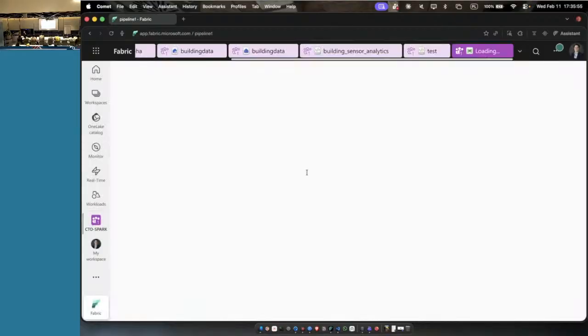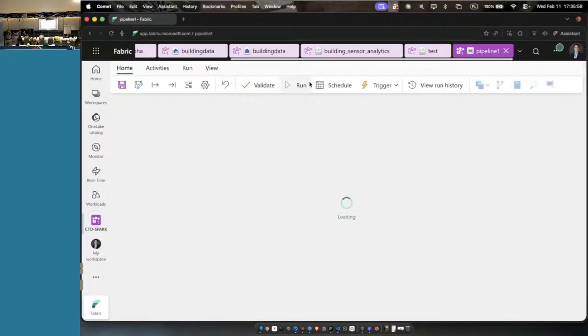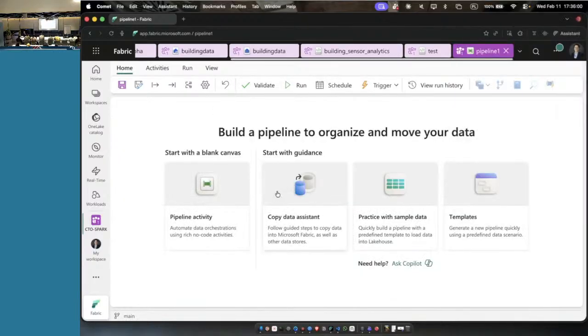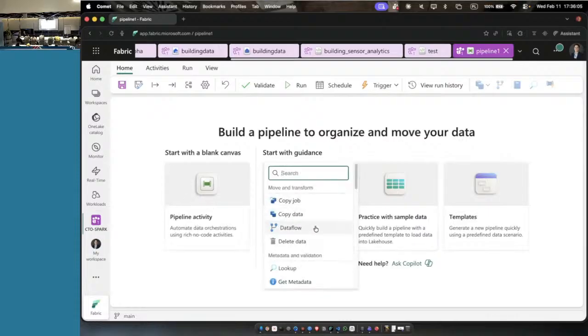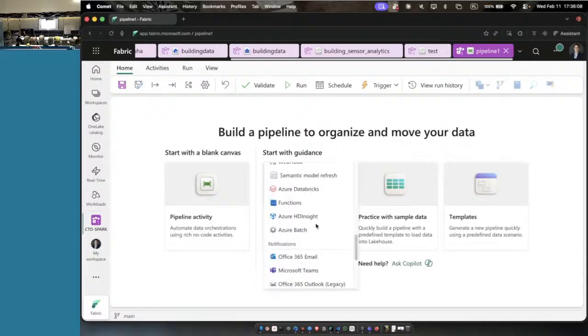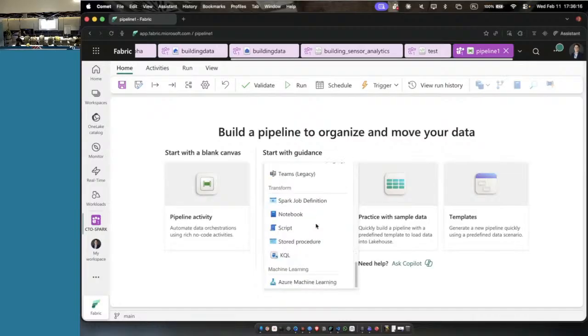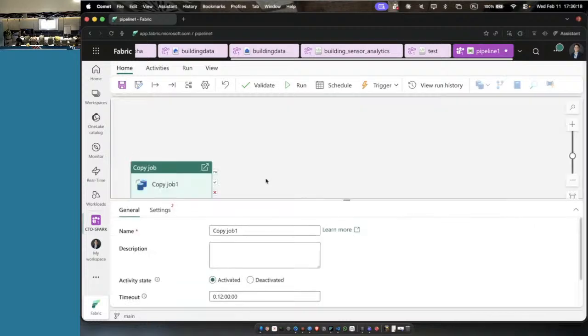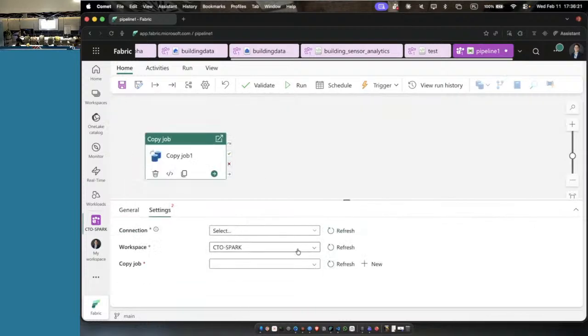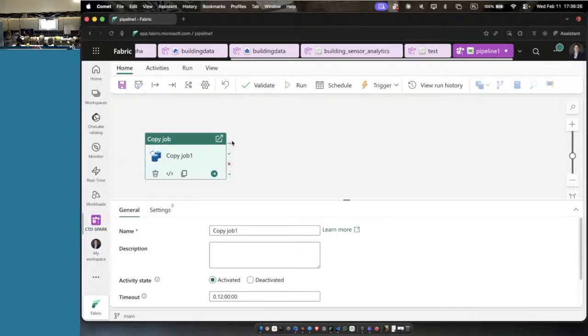I want to move data from different sources. Take a look: the copy assistant, pipeline activity, copy job, data flows, get metadata, and so on. Hundreds, in fact, 200 connectors to different sources. You can really copy and move the data. But here you can also drag and drop, select elements. And what we'll do, let's use Copilot.